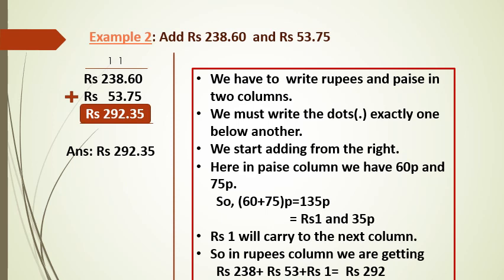Girls, we are going to write 35 over here. And what about rupees 1? Yes, we have done this kind of sums before. So rupees 1 will carry to the next column. So in rupees column, we are getting rupees 238 plus rupees 53 plus rupees 1 equal to rupees 292. So we can say that the answer of this sum is rupees